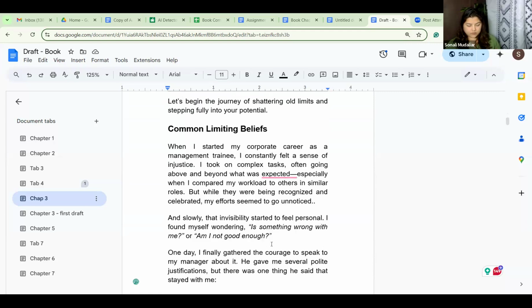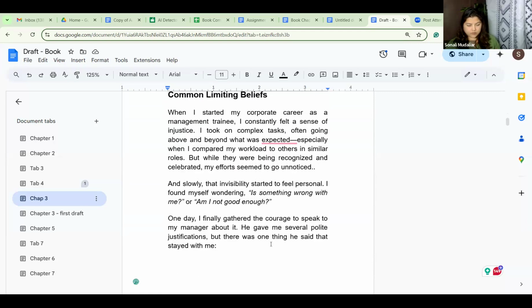Scroll down. I like this part, adding your own experience. It's good. Okay, go down.